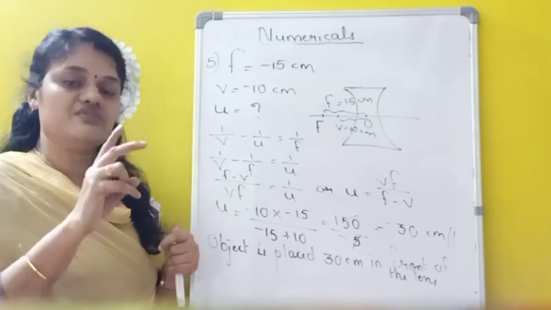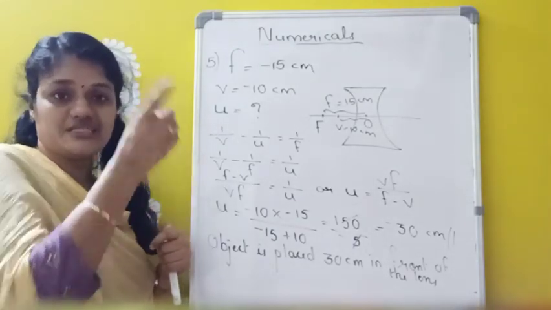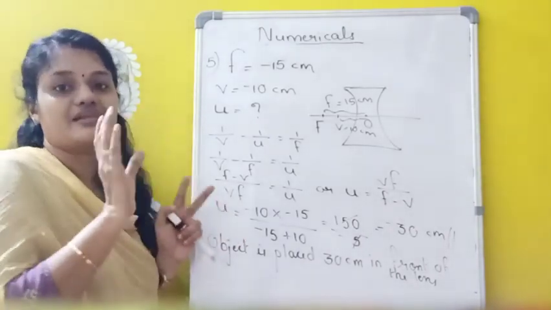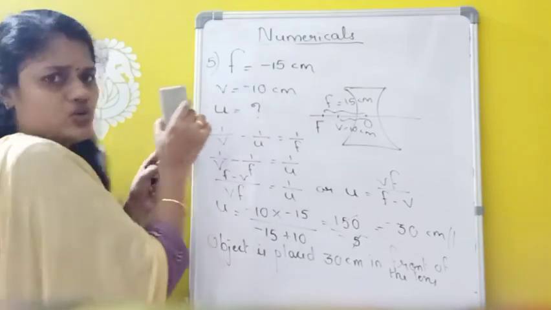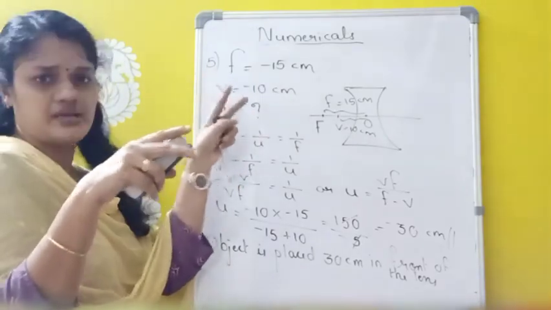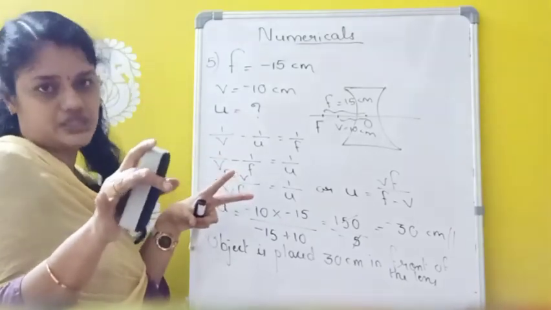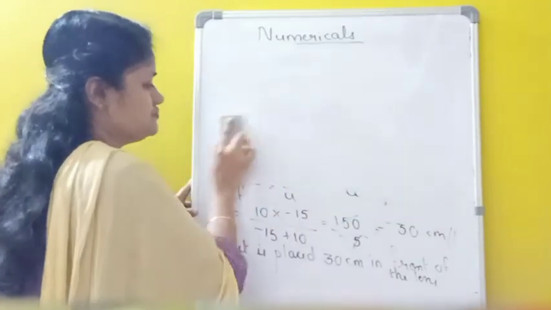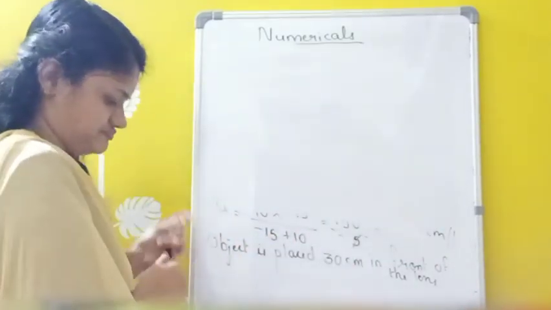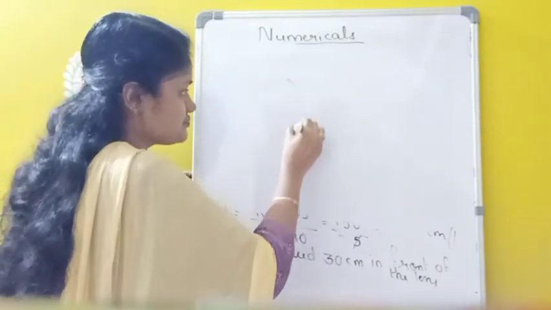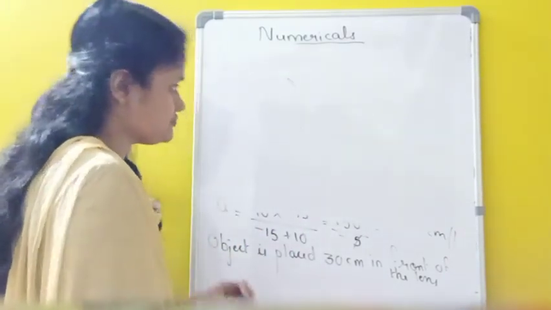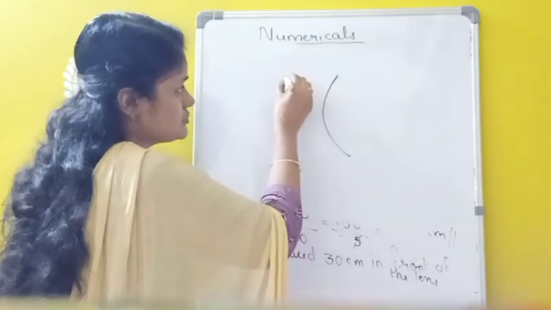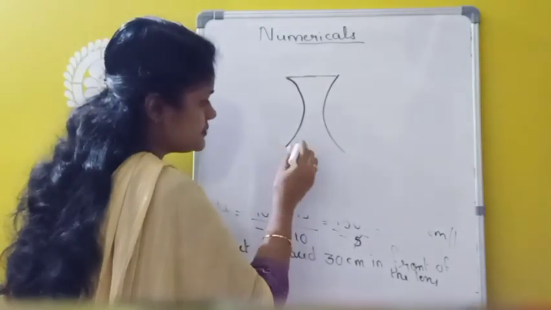So in the case of concave lens, we have only two ray diagrams. One is when the object is at infinity, and the second one is when the object is between optic center and infinity. So we have to draw the second ray diagram here. But values we know, no need of measuring the focal length and V, just roughly you can draw the diagram. So we know the ray diagram. First draw the concave lens.